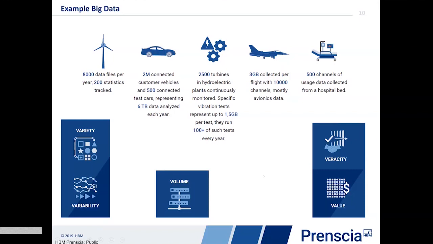All of this needs to happen at high velocity, right? So those are 6 V's that are commonly seen in the world of big data. They typically characterize big data.